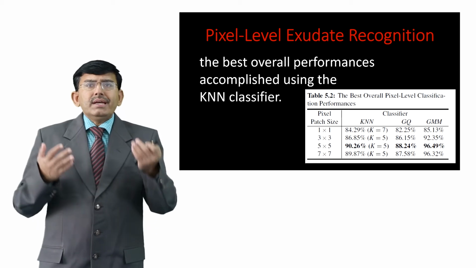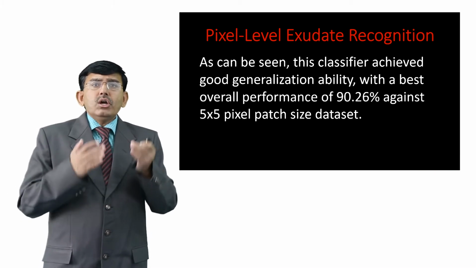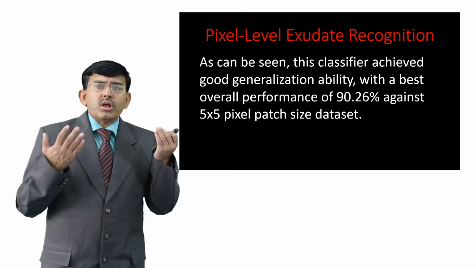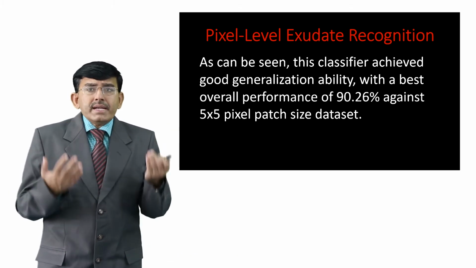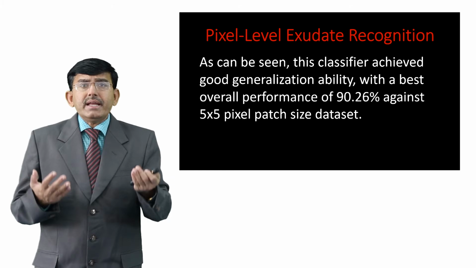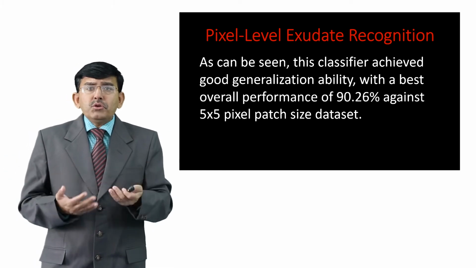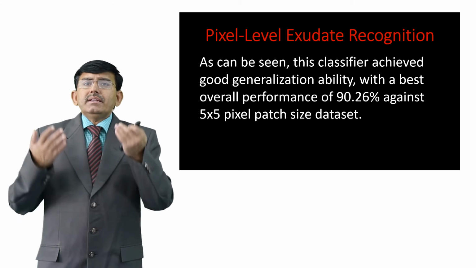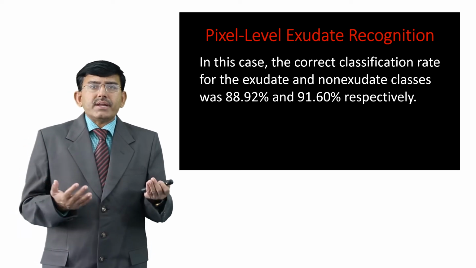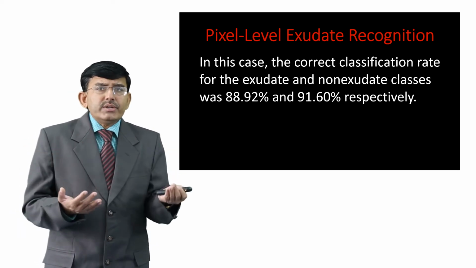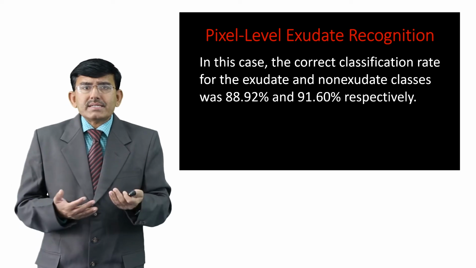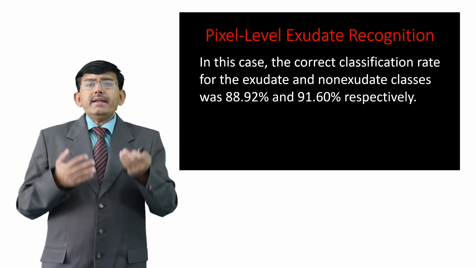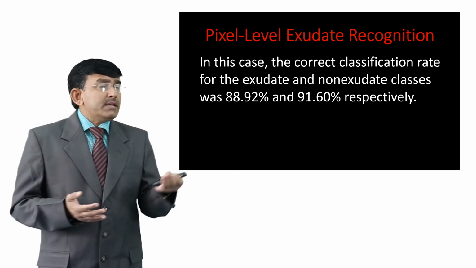As can be seen, this classifier achieved good generalization ability with a best overall performance of 90.26% against the 5 by 5 pixel patch size dataset. In this case, the correct classification rates for the exudate and non-exudate classes were 88.92% and 91.60%